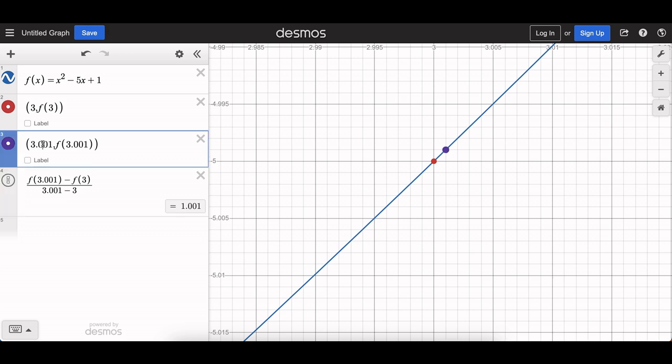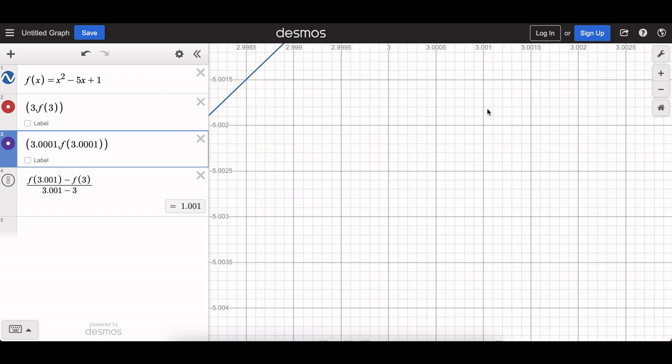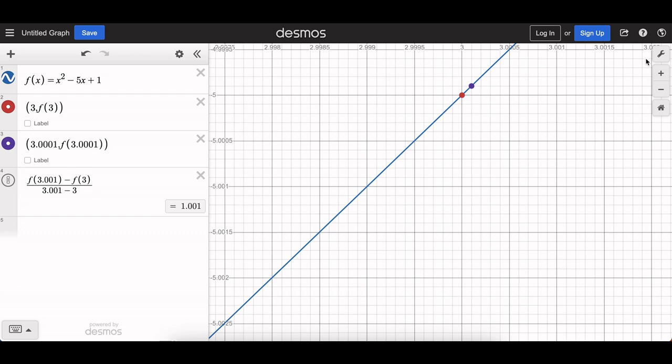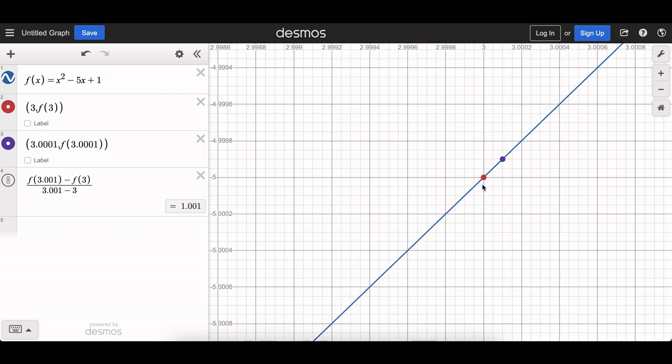Finally, if we zoom in even more and get the closer values of 3.0001, again, we've got to zoom in, so we'll zoom in 3 times should do it. We can see those 2 points there again. Now we're really close to each other. We've got 3 and 3.002. So this space here is 0.002. So very, very close together. And if we change the values in the calculation, we get